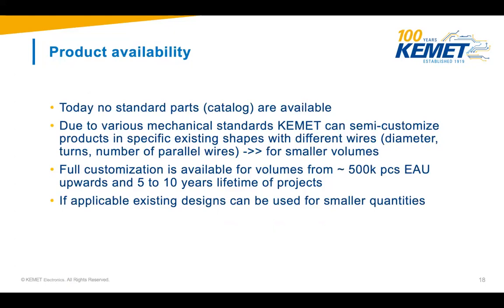For a full customization, we need something like, let's say, 500,000 pieces per year, and of course an application will live 5 to 10 years, because when we do a fully customized product, we need to set up a complete production line. That is our standard setup in our mindset: when a choke needs to be fully customized, there will be an individual automotive line which is only producing this kind of product, and it of course needs some quantity. But again, if there is an applicable design which we already created, then it could be used for small